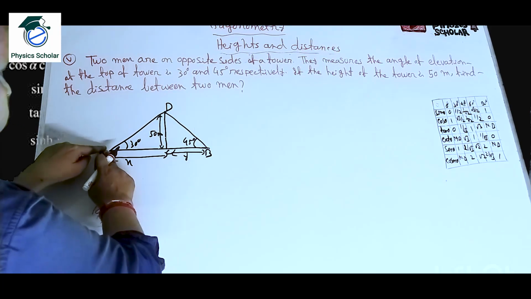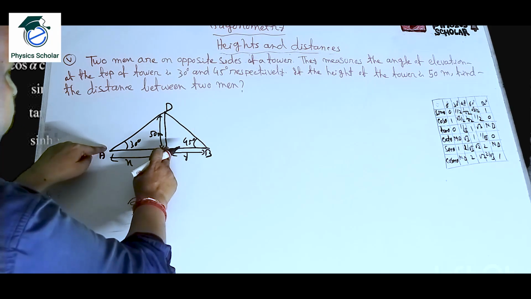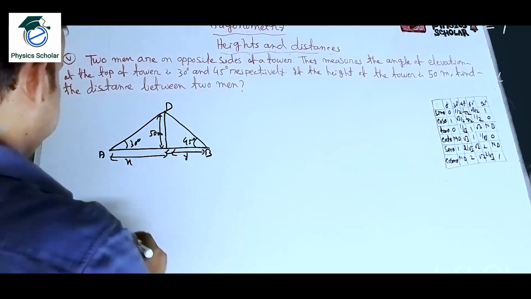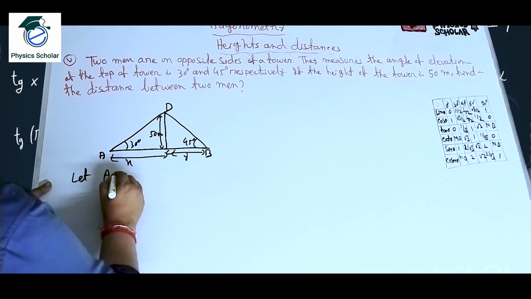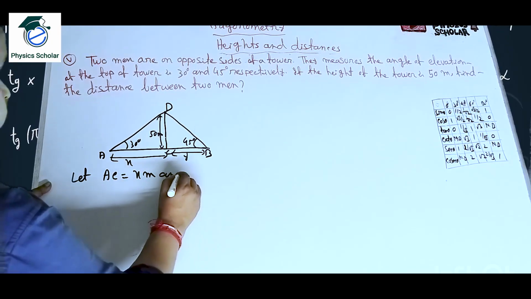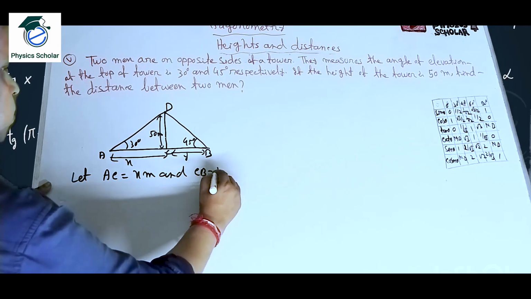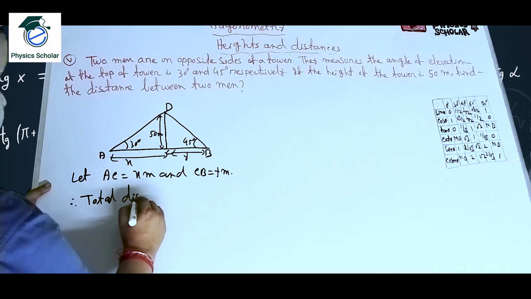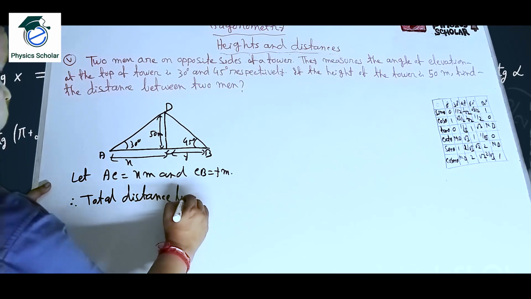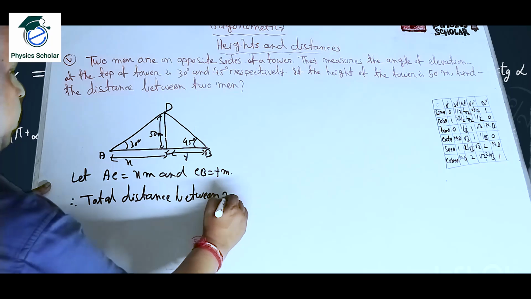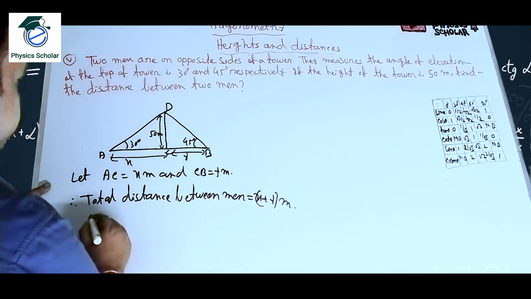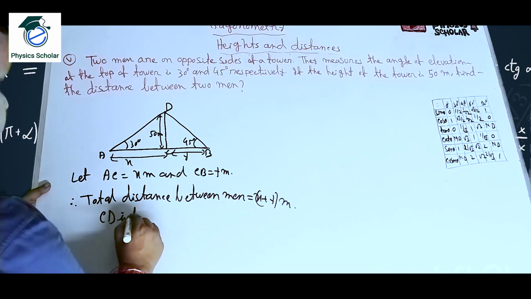Let the distance from A to the tower CD be x, and from this man B to the tower CD be y. Clear? So let AC is equal to x meter and CB is equal to y meter. So total distance between the men is equal to x plus y meter. CD is the tower